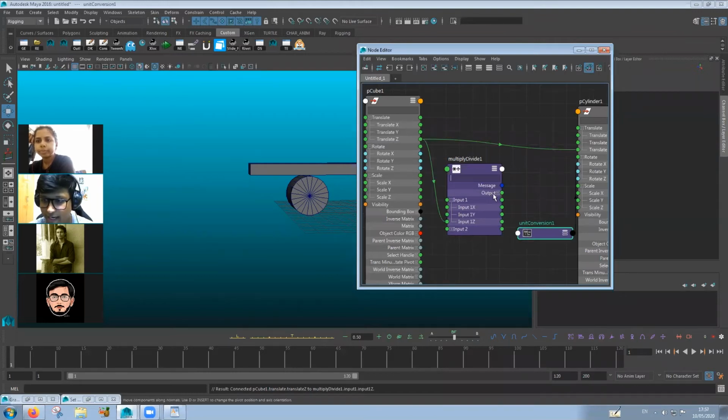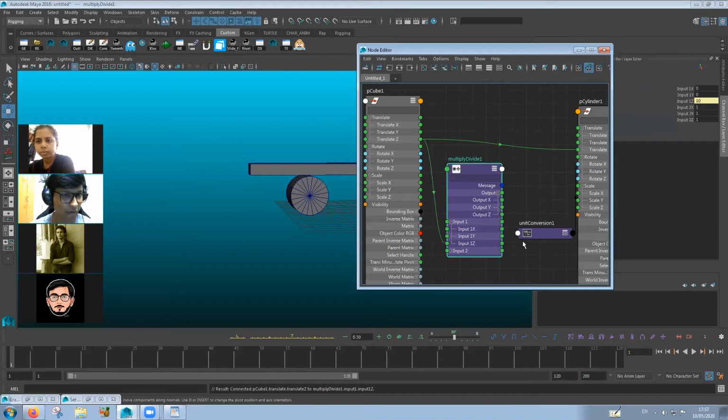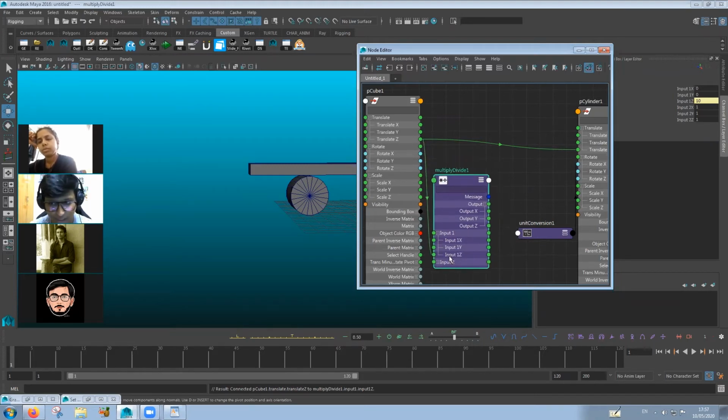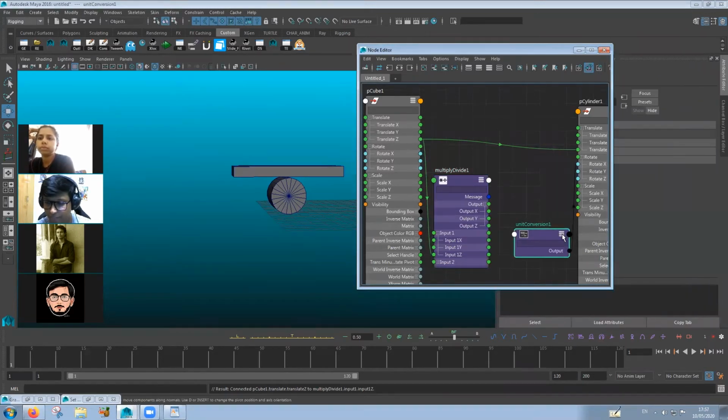And then I'm going to connect the output Z. Whichever you have connected, connect the same one. Okay. You cannot put it into Z and then expect it to happen from X. All right. You'll have to connect the Z only. Okay. So I connected into input Z. Now I'm going to use the output Z to connect into unit conversion. Sorry, I have to open this up.